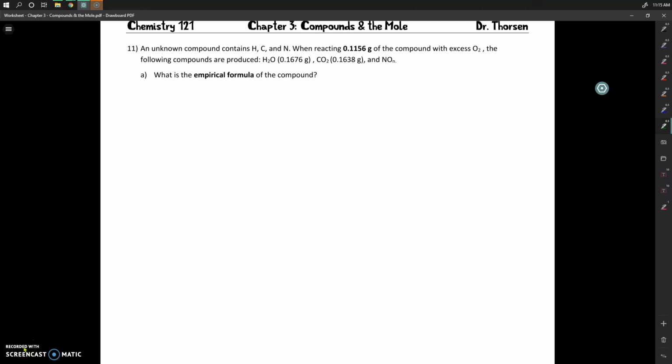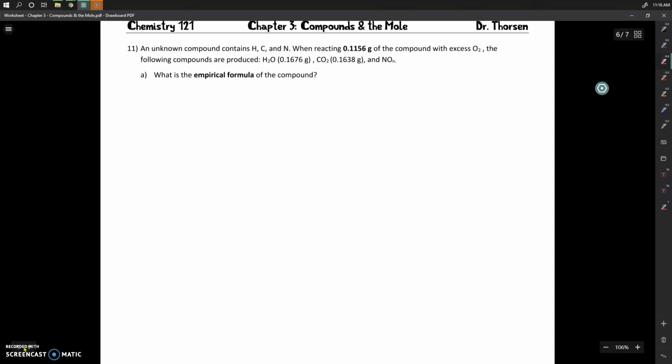All right, now in this problem, we're actually going to solve for the empirical formula from the data coming from a combustion analysis experiment. And I've mentioned this before in class, and it's also in one of the mini lectures, sort of explaining what combustion analysis is. But the only thing you really need to understand right now to be able to solve these problems is that